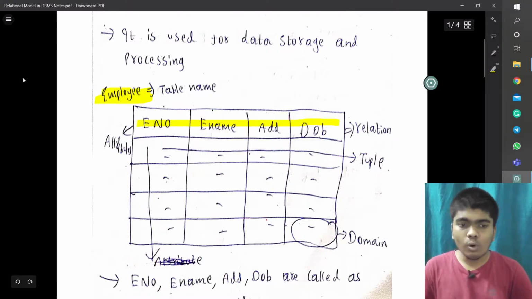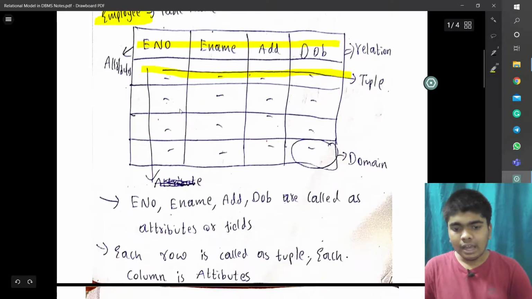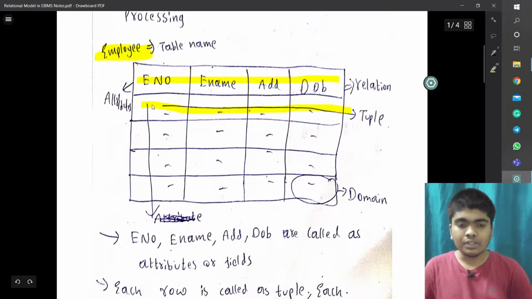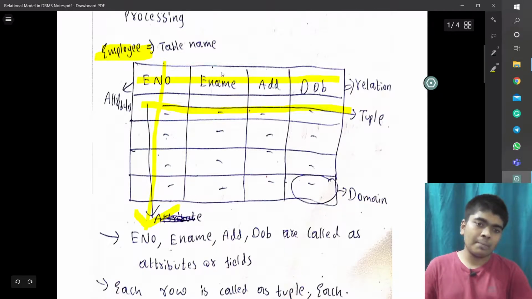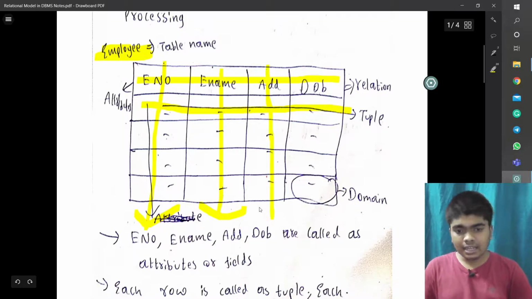This whole table can also be called a relation, each row is called a tuple, and each column is called an attribute. Each column will have its attribute. Employee number is an attribute, employee name is an attribute, address is an attribute, and date of birth is an attribute. So each row is a tuple and each column is an attribute.